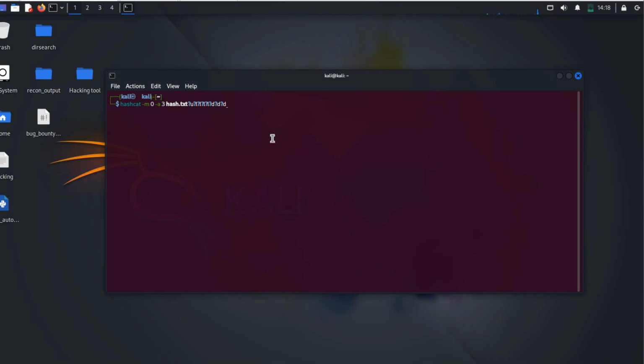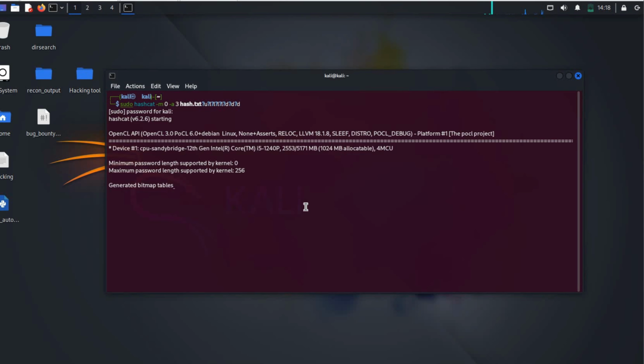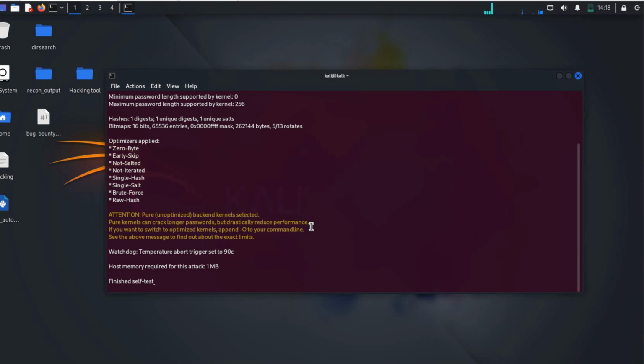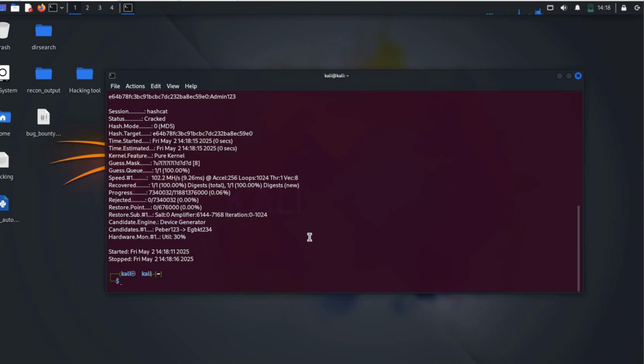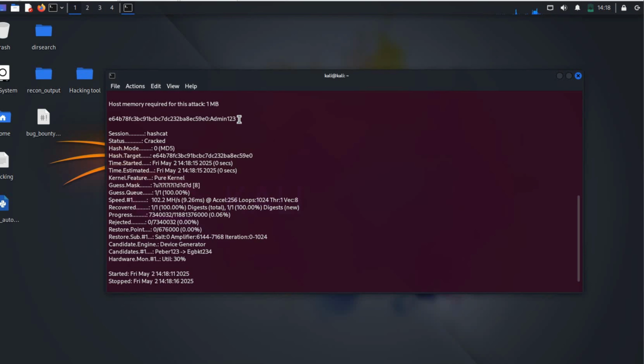You can create your own custom charset style depending on the password information you have. Just remember, the more accurate your charset and length pattern, the faster the cracking. If you have any doubts about the charset or command structure, feel free to mention them in the comments. We're always ready to help you understand and master Hashcat.